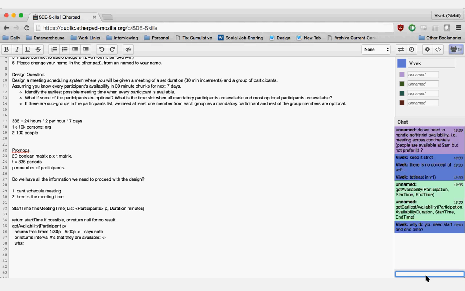If the answer is yes, then you check how many duration periods you want. If you want 3 duration periods, it's a 1.5 hour meeting, so you need 3, right? You check the next one. If that is not equal to the number of participants, then you can start from the 4th point. But if that is equal, then you inspect the 4th point. So your goal is to keep linearly scanning till you find 3 or 4 or 5 or whatever the number of intervals that you want is available.